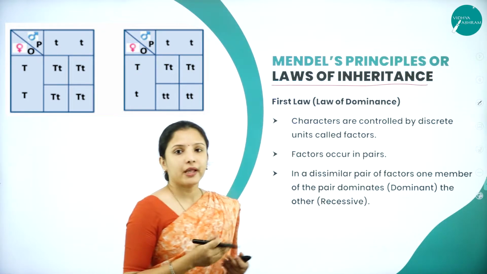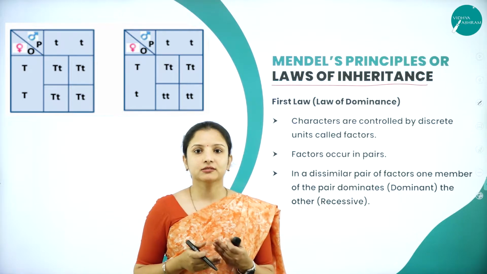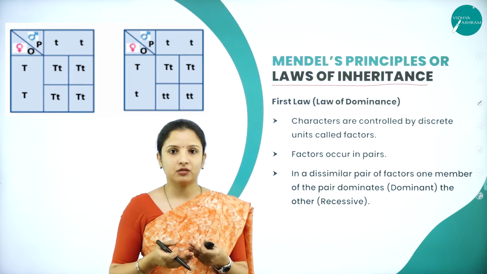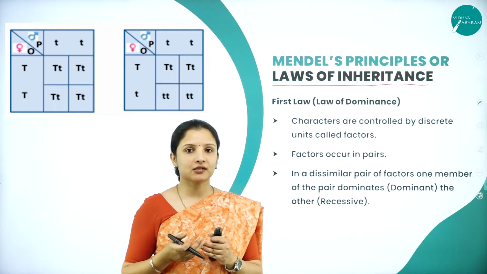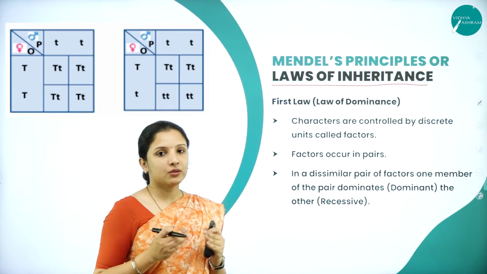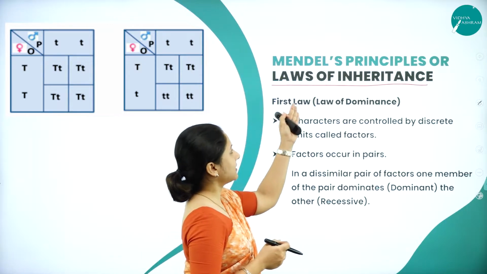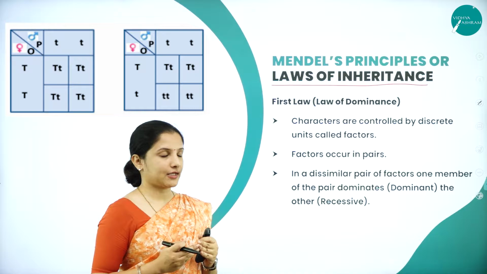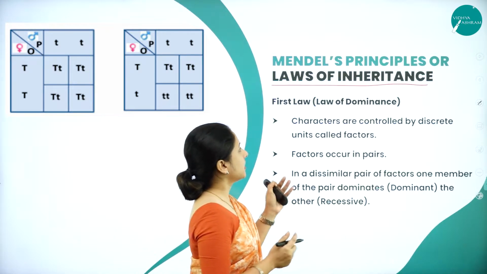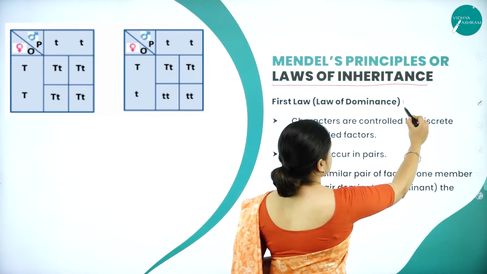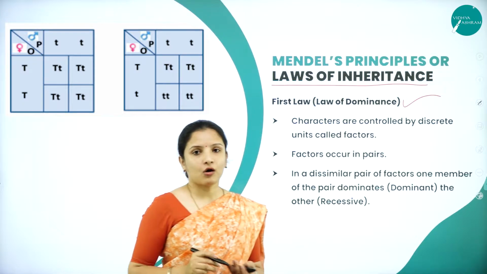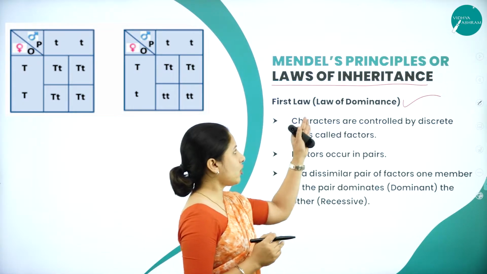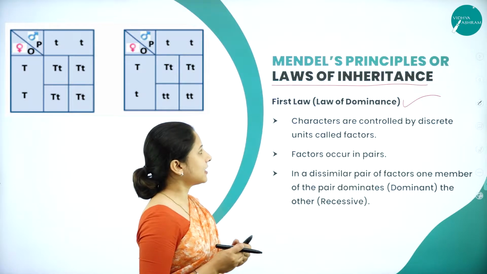In order to make other geneticists or scientists understand what his theories were based on the experiments he conducted, he put forth two important laws which are called Mendel's Principles or Mendel's Laws of Inheritance. The first law is called the Law of Dominance, and the second one is the Law of Segregation. So, we shall study the first law of dominance, wherein he said that,